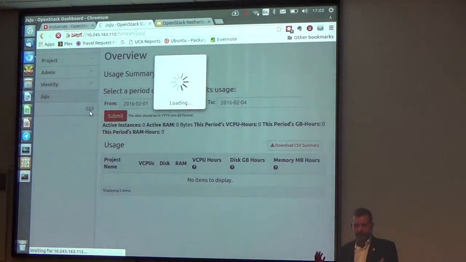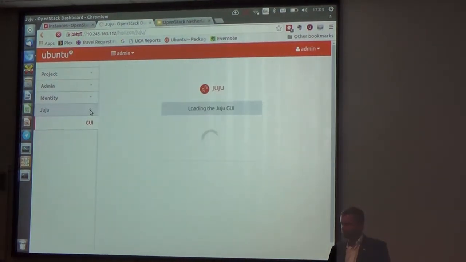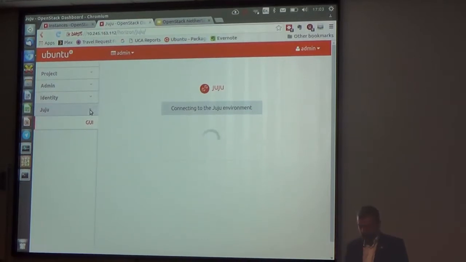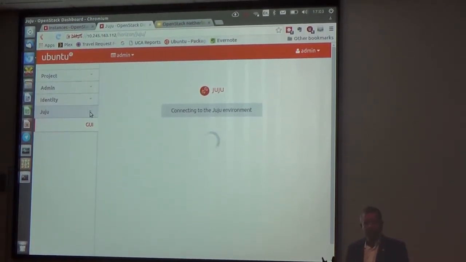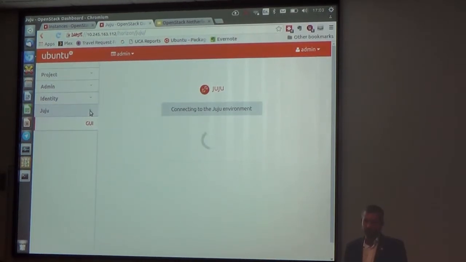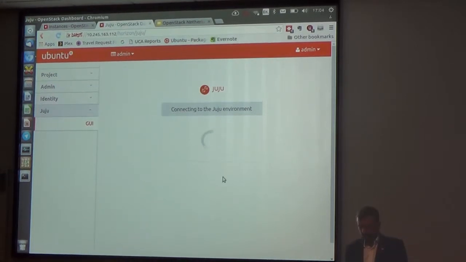So there are many different ways to launch applications in OpenStack, right? You can launch them from Horizon, you can use different orchestration technologies, you could use the API if you're tough. But what we've done is embedded Juju into the environment here. So it allows you to be able to, if it connects,